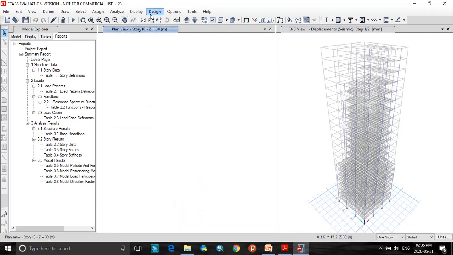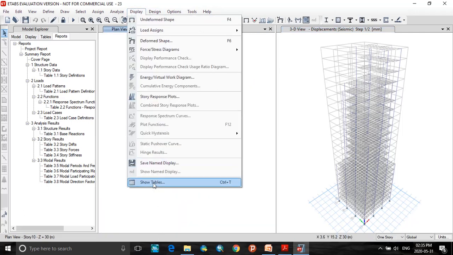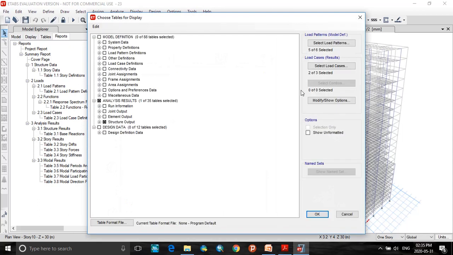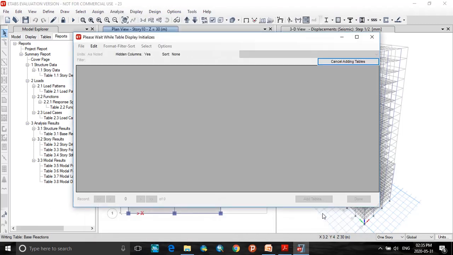The next step, if I want to check the base shear values for response spectrum, is to select output, base reactions. Okay, so click on base reactions.